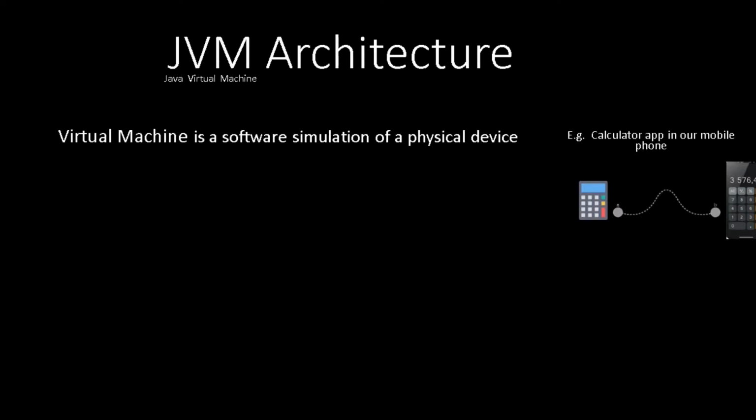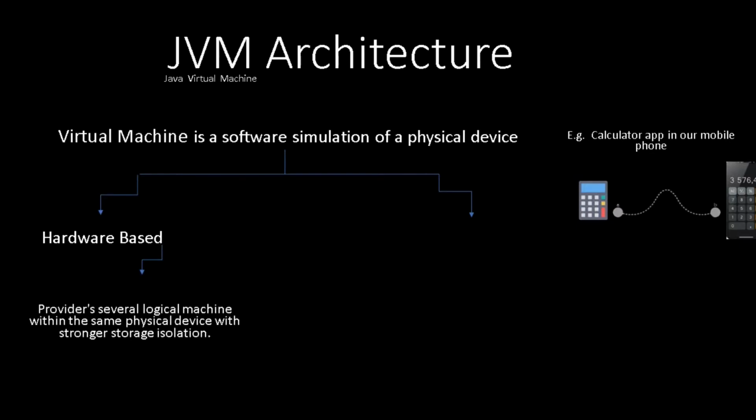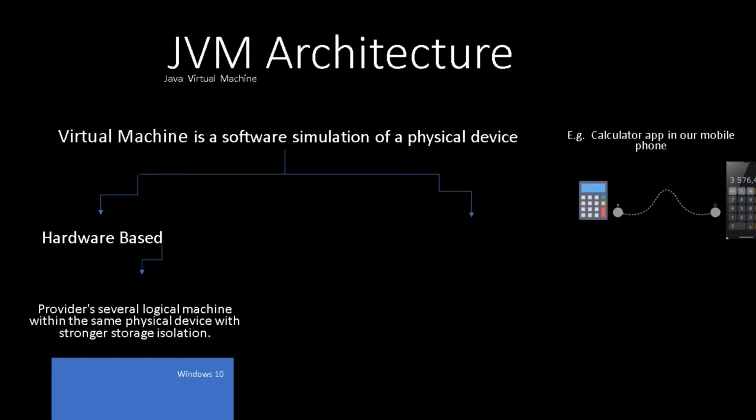We have two types of virtual machine: hardware-based virtual machine and software-based virtual machine. A hardware-based virtual machine is software that provides different logical machines inside the same physical device with strong storage isolation. For example, if we have installed a Windows 10 operating system in our PC and we have installed